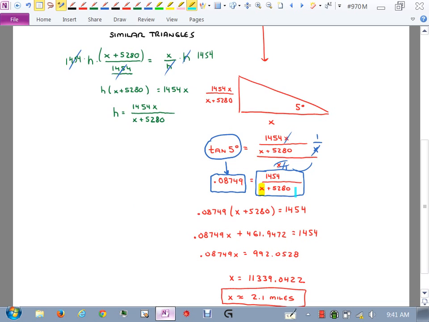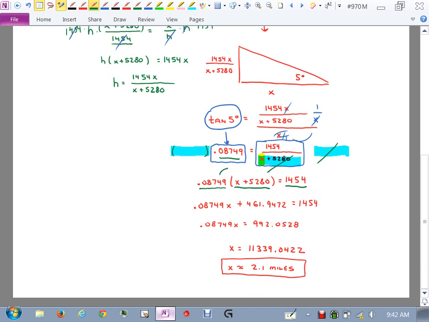So I multiply both sides of this equation by this denominator. So I multiply that here, and I multiply it here. I know that on the right side, they will cancel. On the left side, it'll be that thing, which is this now, times this number, which I just put out in front. On the right side, the only thing left is the 1454. Then I distribute this decimal through. So I multiply this times x, I get this. I multiply the 0.08749 times 5280. I get approximately